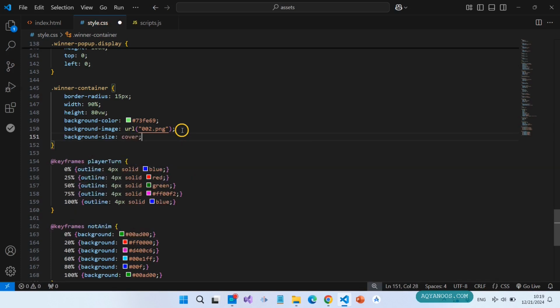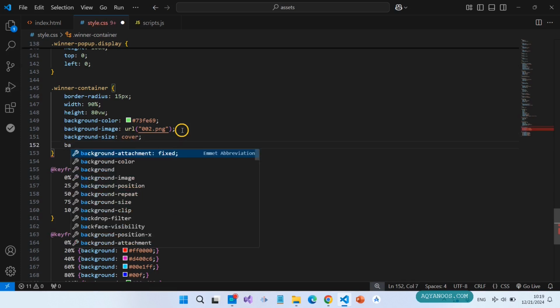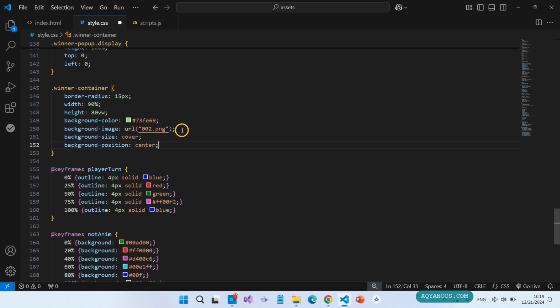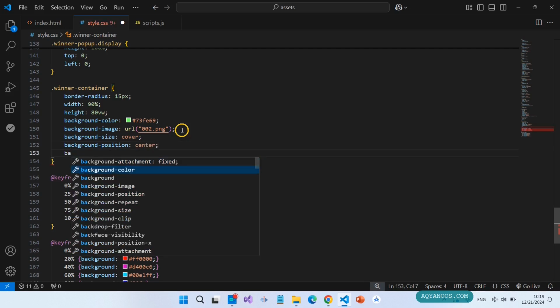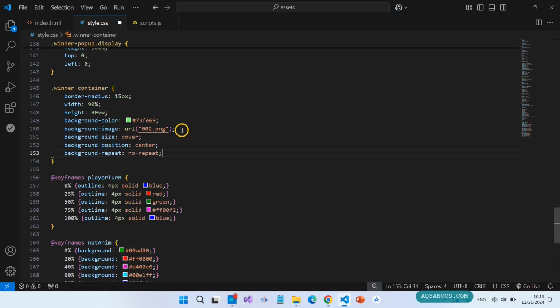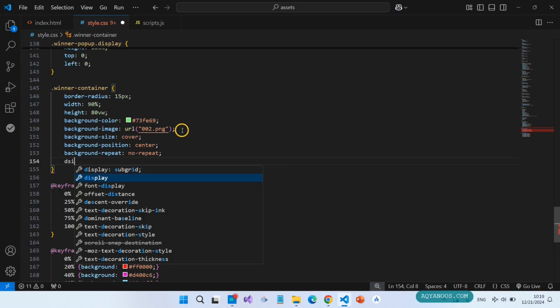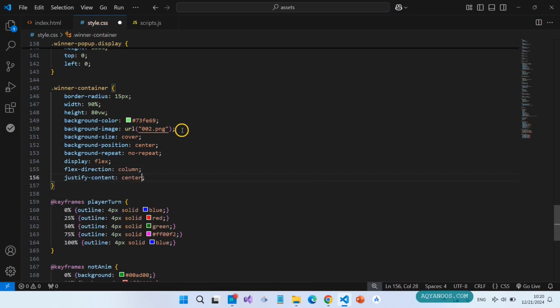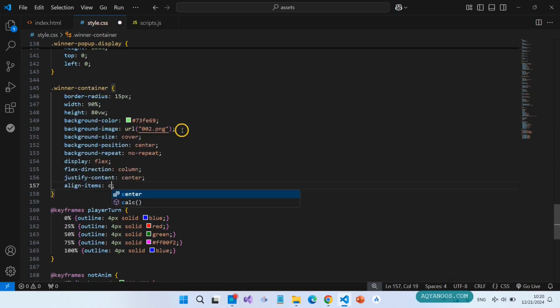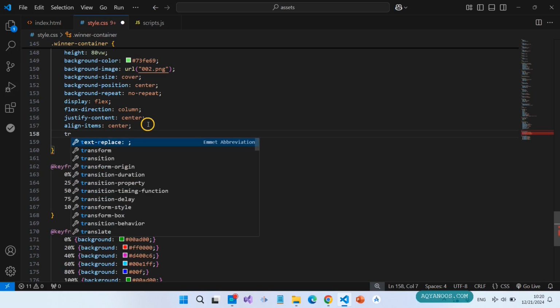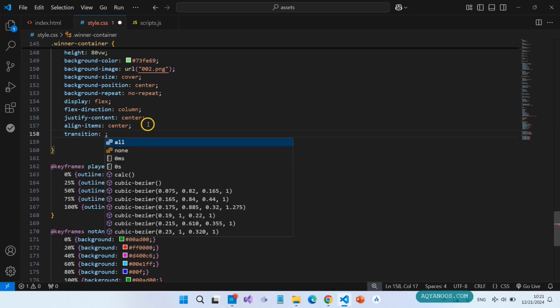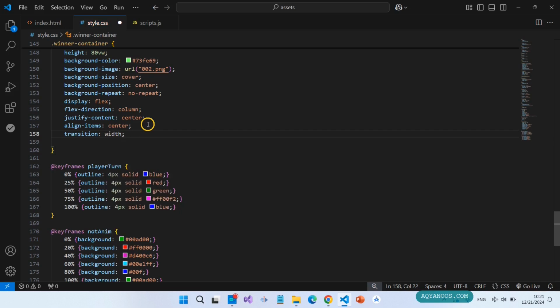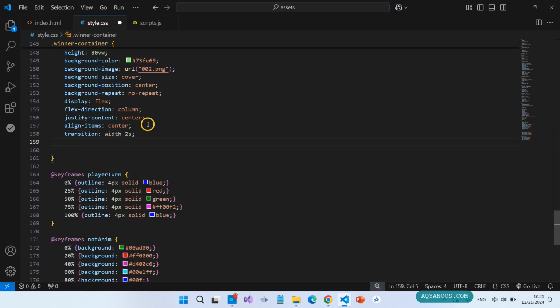Background size cover, background position center, background repeat no repeat, display flex, flex direction column, justify content center, align items center, transition width 2 seconds, overflow hidden,